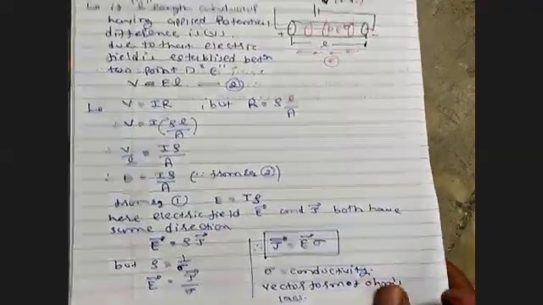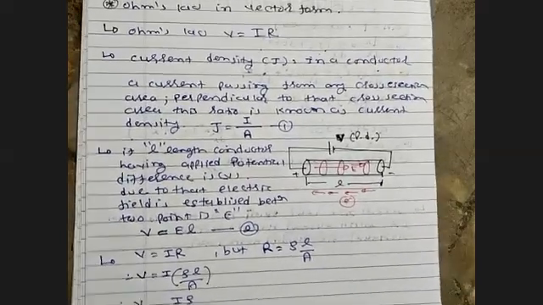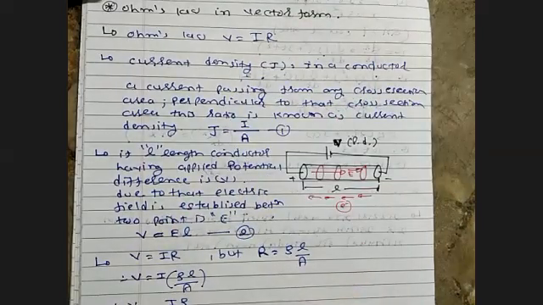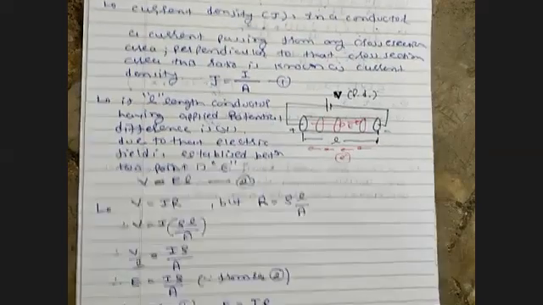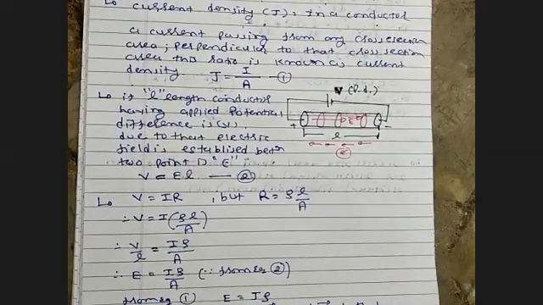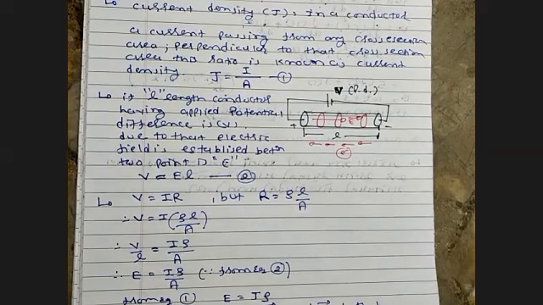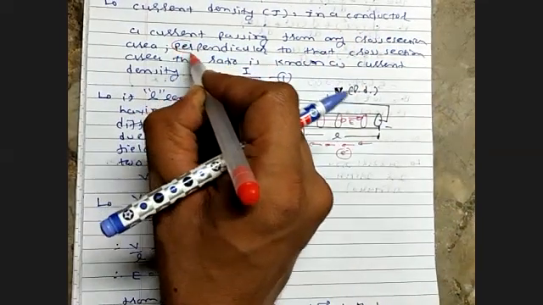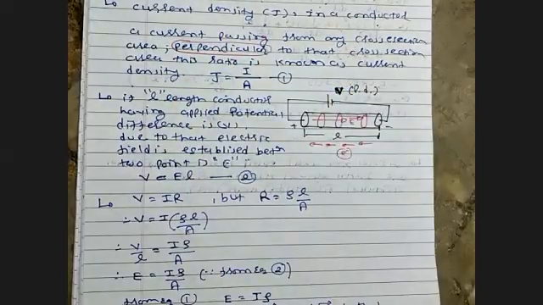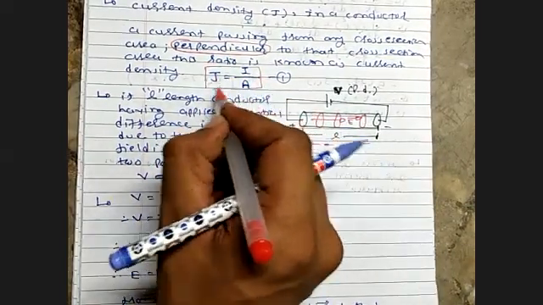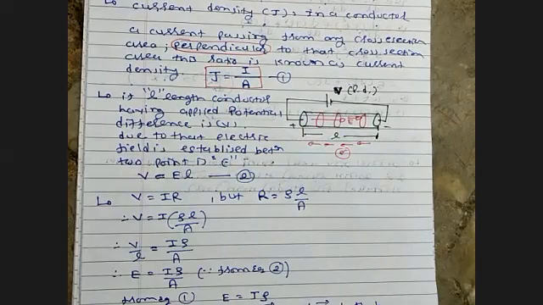So see guys, once again, this is quite an important part. First of all, we deal with Ohm's law, V is equal to IR, and convert it into vector notation. See how. First of all, current density J. What do you mean by current density J? It is the ratio of the current I passing perpendicular to any cross-section area, to that area. Remember the word perpendicular: the current always passes perpendicular to the cross-section area, and that ratio is named current density J.